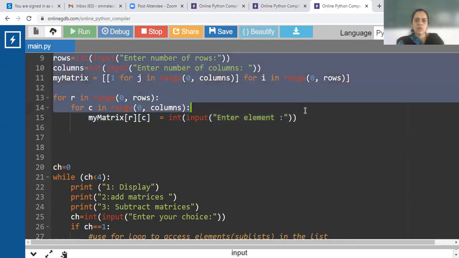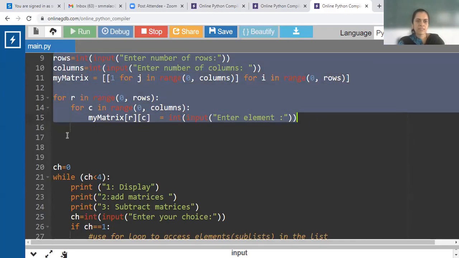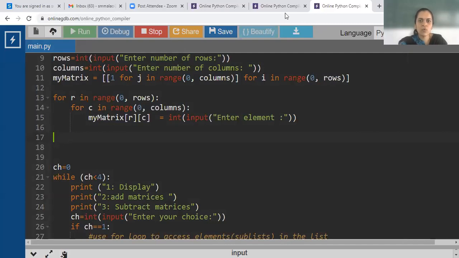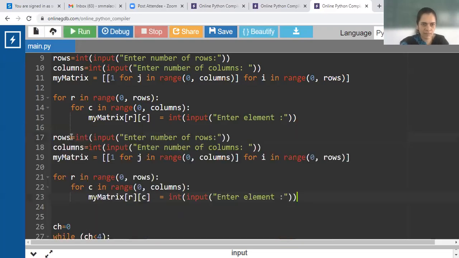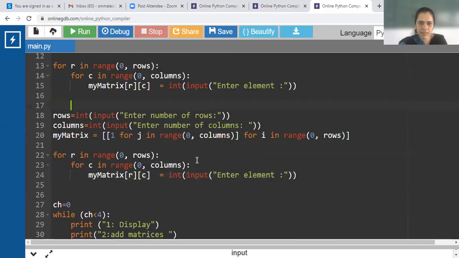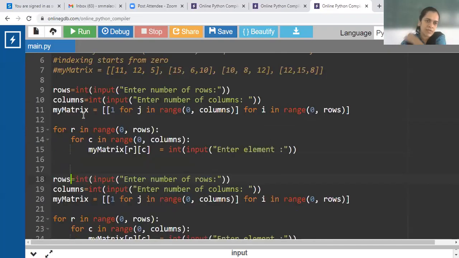Now you can repeat these statements once again to accept 2 matrices. So I'll write it once again. See, I am purposely typing the program and not showing you the program which is already done.